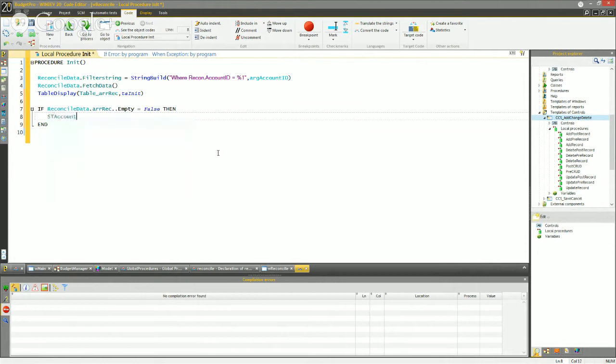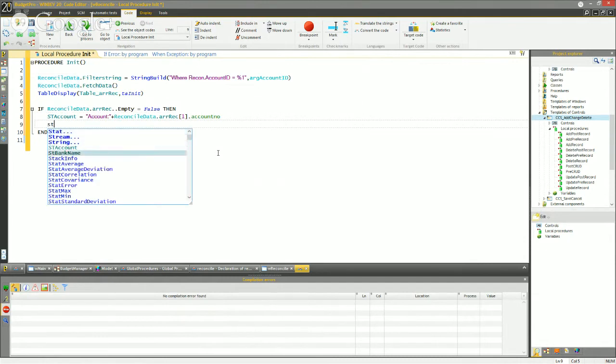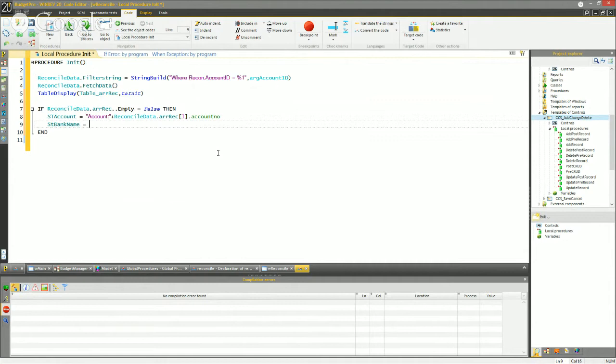account, since this is only one account, I can only send one account in here. I already know it. I can do reconcile data AR rec. One account number. I can actually go further and go ahead and do that account. And then I can go ahead and do the ST bank name equals